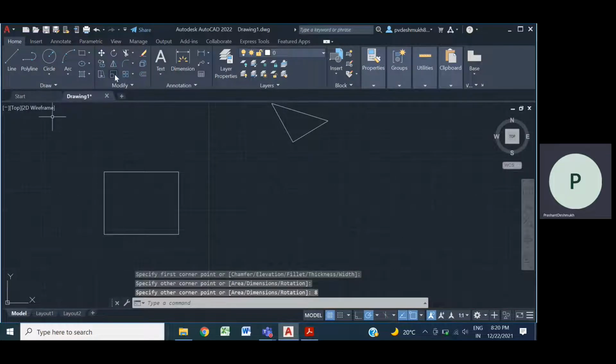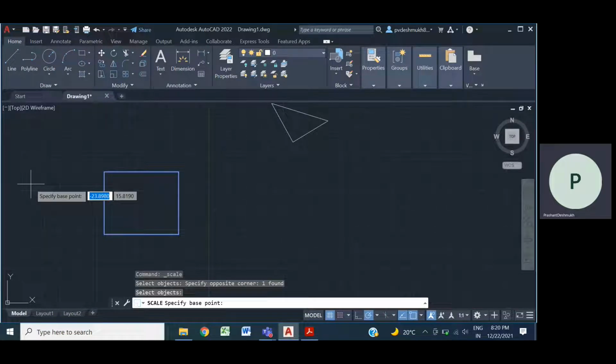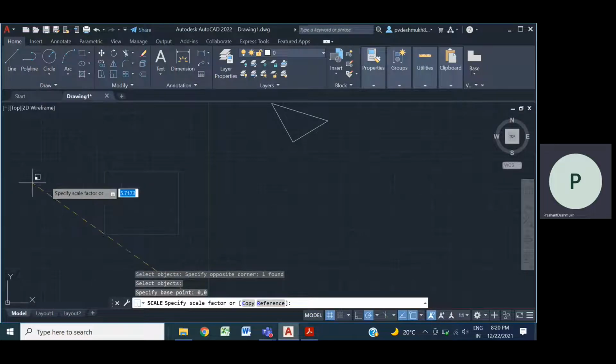This is your scale command. Always select the object. Done. Selection complete. Select the base point. Always we will define the base point as 0 and 0, that is the origin. And now a scaling factor.